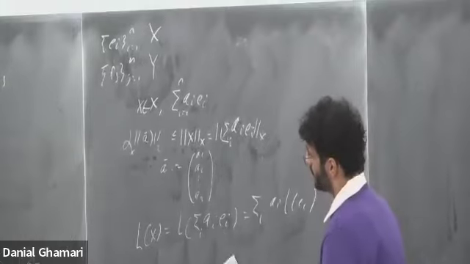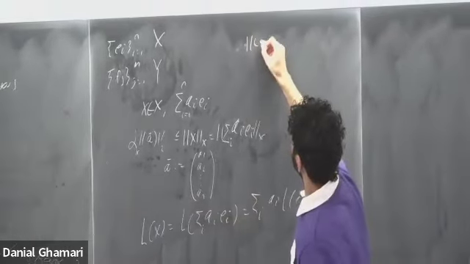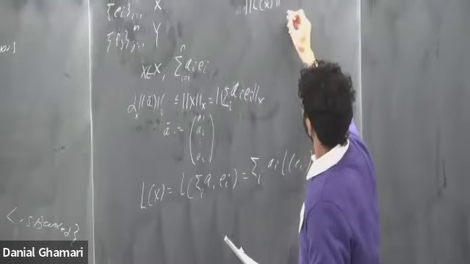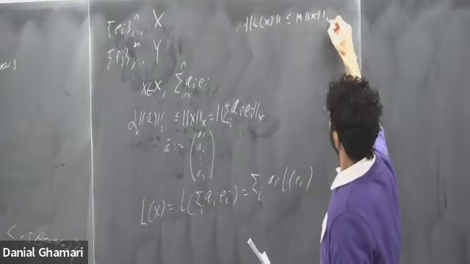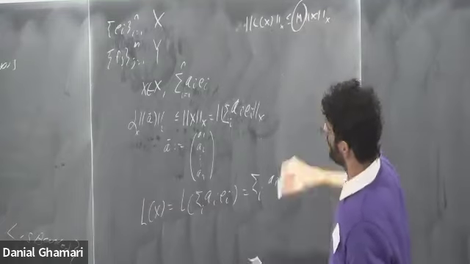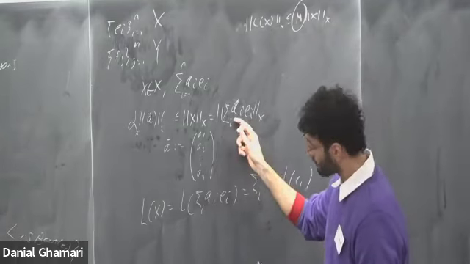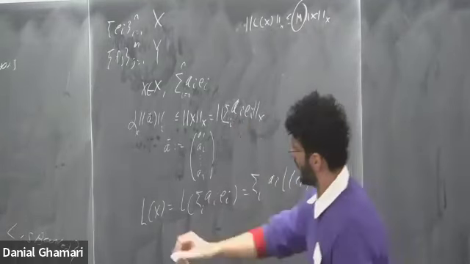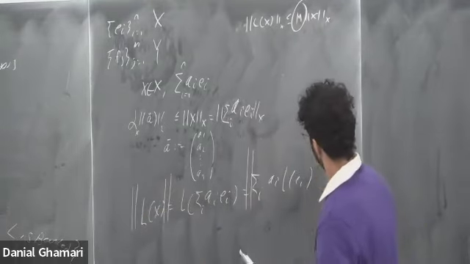So then what I want to do is show that L has to be bounded. What I have to do is somehow show that I can find an upper bound of the norm of L of x, some M, so I can find this value of M. What we're going to do is relate it back to these coefficients here. So here, I can take the norm of L of x.